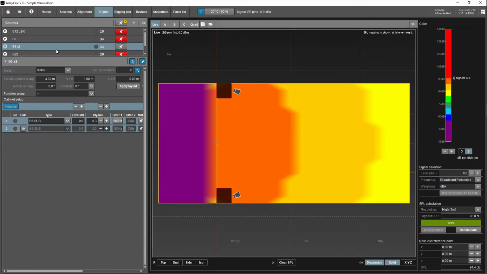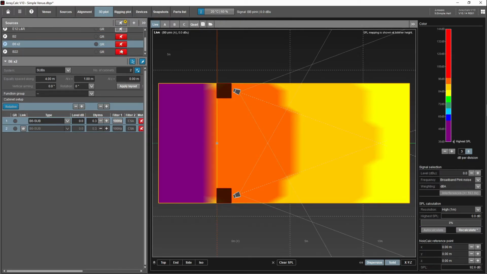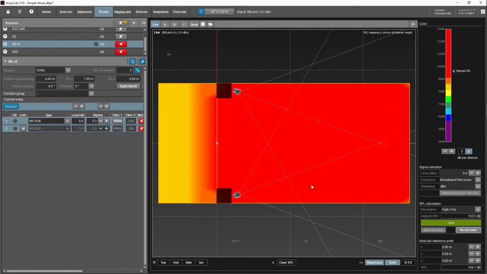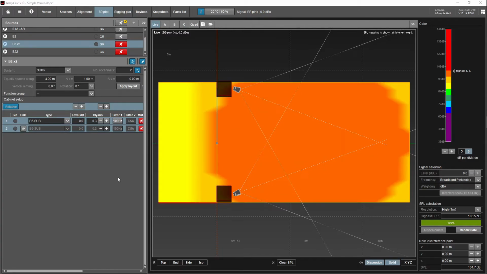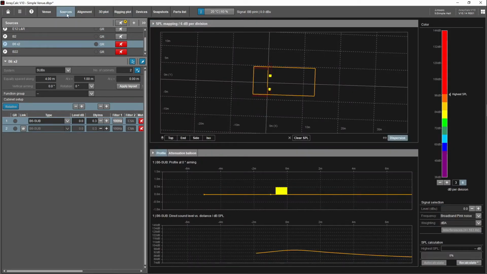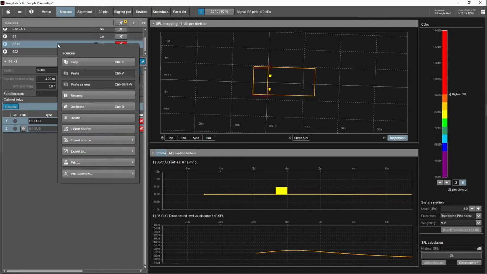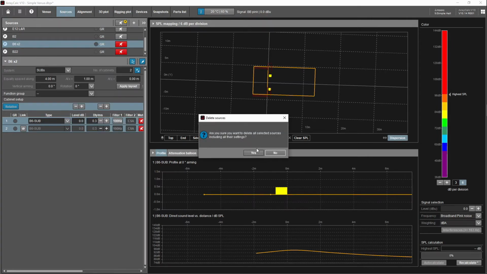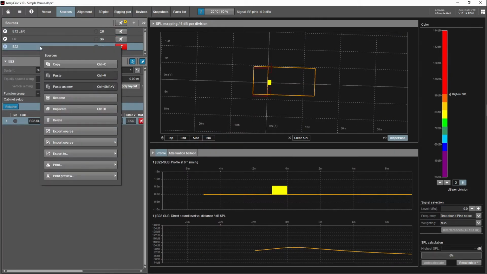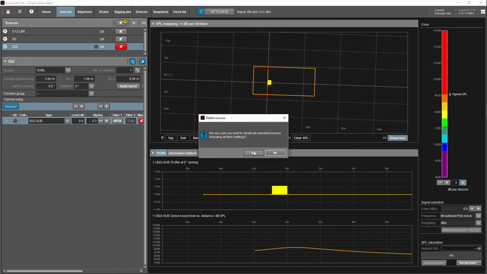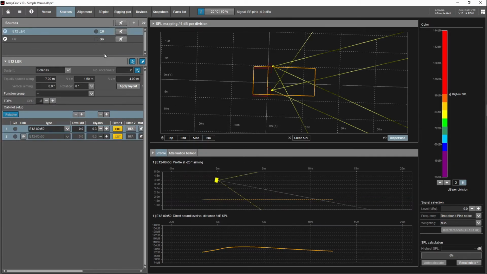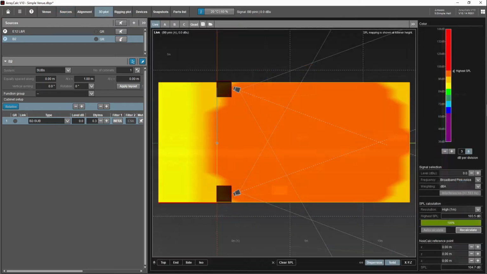Back to live view. E12 and B2. Recalculate. And adjust. To delete these sources, you just right click on the source and click delete. Now we only have the E12 tops and the single B2 sub. If I go with the B2 and go just with the tops and recalculate,